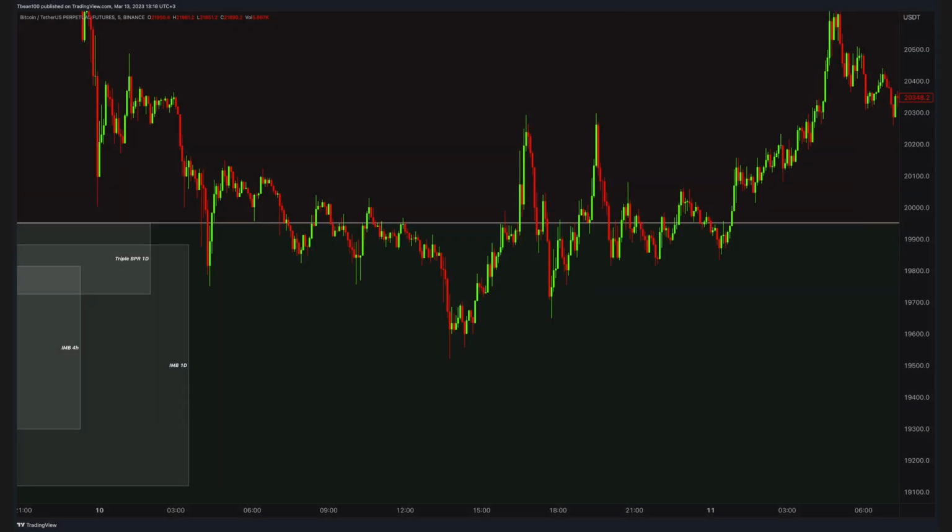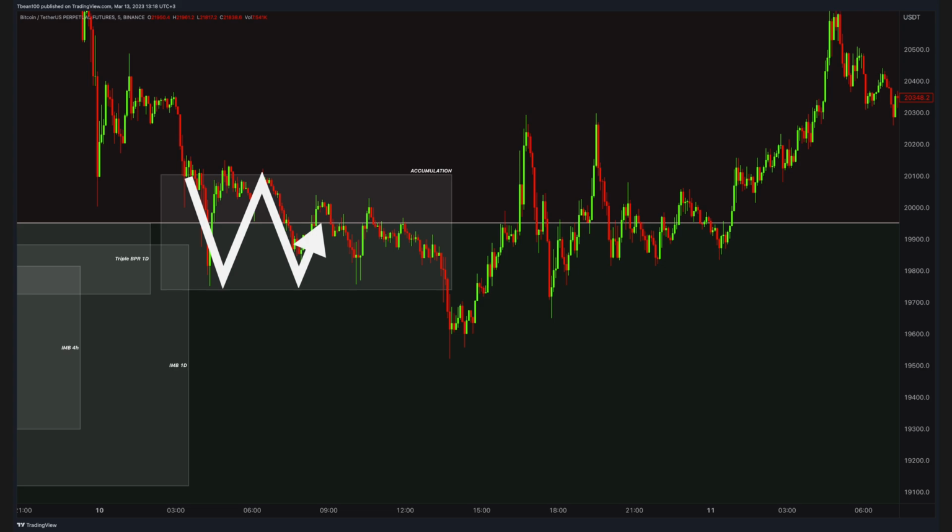I want to show you something else, which keeps happening when price reacts to high time frame imbalances or demand areas like order blocks or breaker blocks. You can clearly see that the price starts to create a little consolidation, an accumulation phase. It happens right at the daily and 4-hour imbalance levels. When you see this, you need to understand that the price is getting ready for action, possible stop loss hunt,